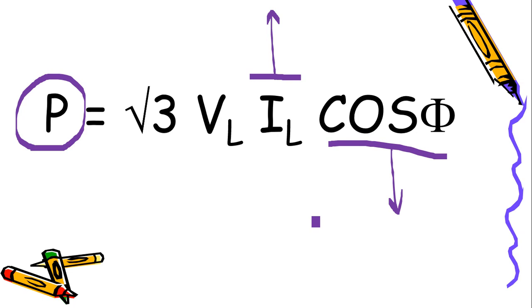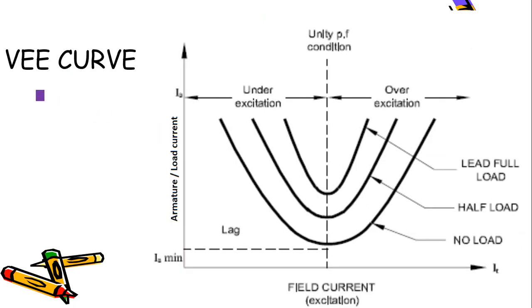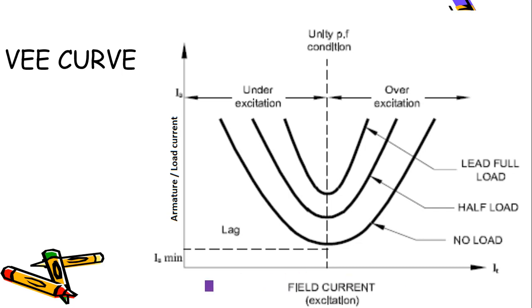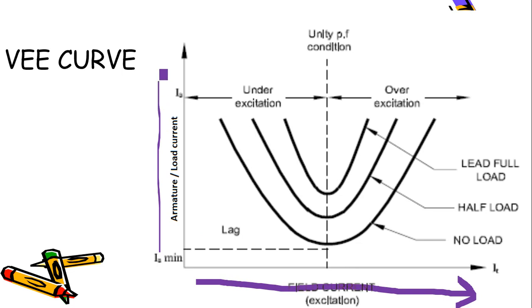Now what we are going to do is draw a curve which will be known as the V curve of synchronous motor. Let us see what is here. In the y-axis, it is having the armature or load current, that is IA. And in the x-axis, we will be able to see the field current. What does it mean? We will be increasing the field current, changing it from 0 to a particular value. With respect to that, we will be seeing what is the difference in armature current of the synchronous machine. What is armature current? It is the load current taken from the supply by the synchronous motor, is it?